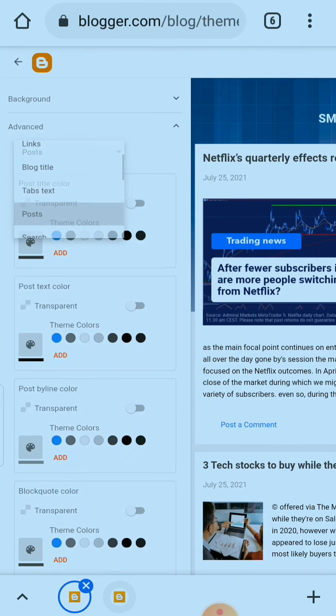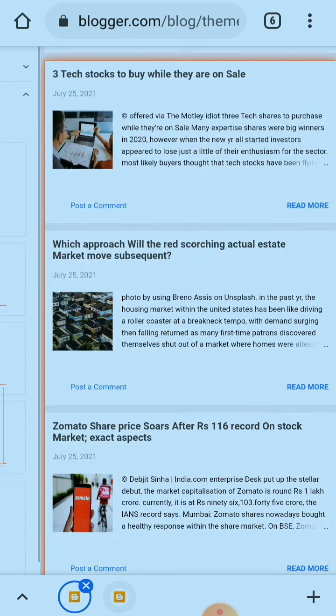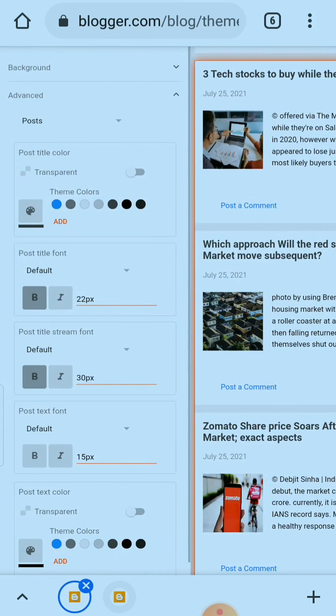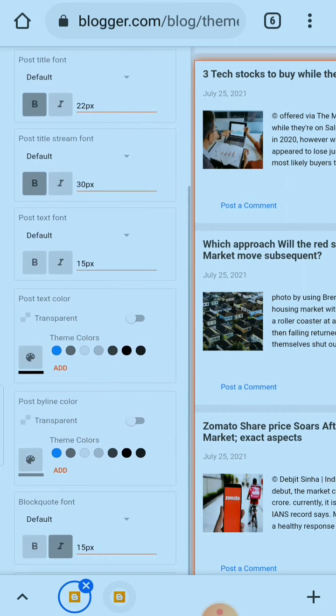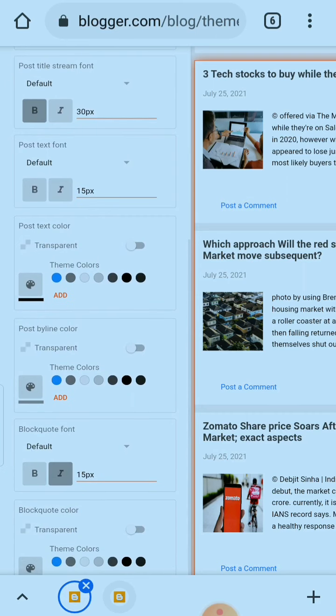Next is post editing. I don't think there is any need to make changes. I think I should make a little difference in the date section because it is looking very poor. Post title color, post text color, post byline color.